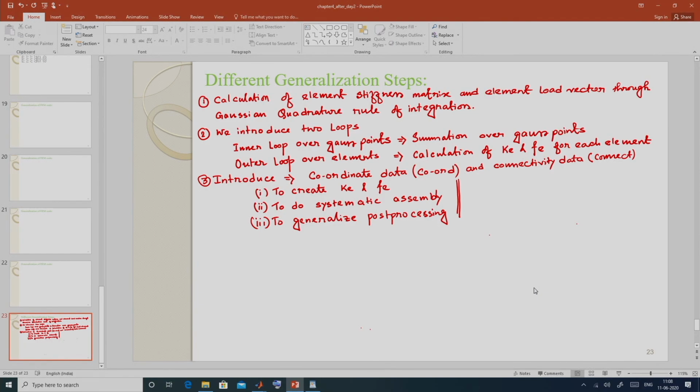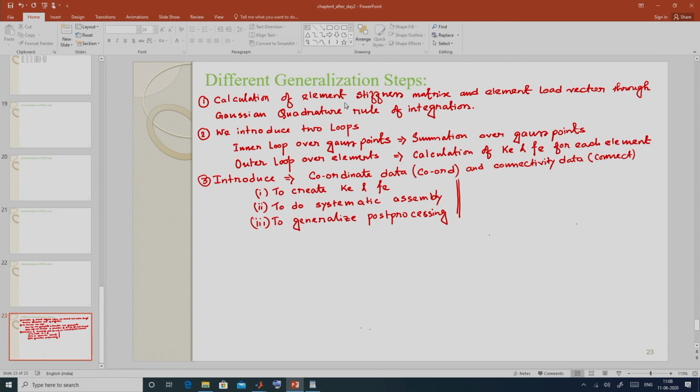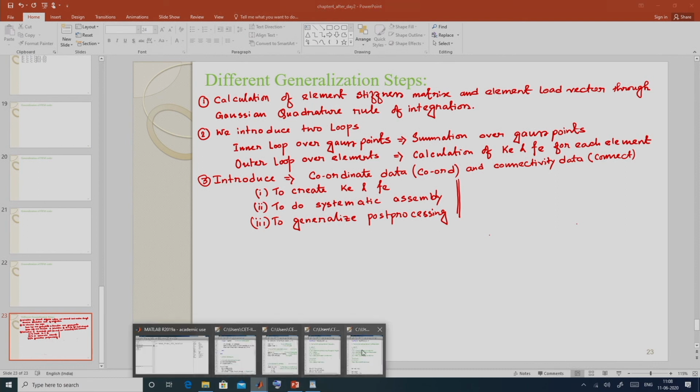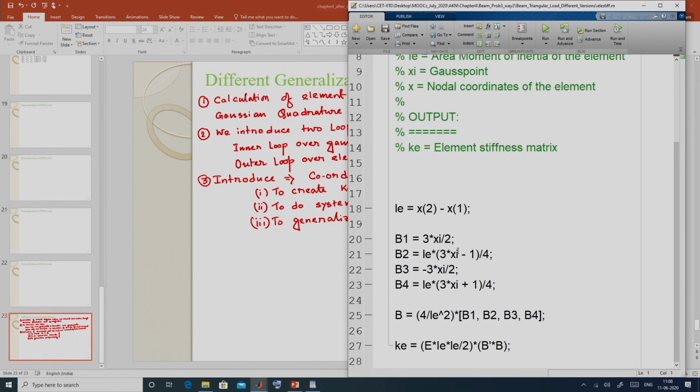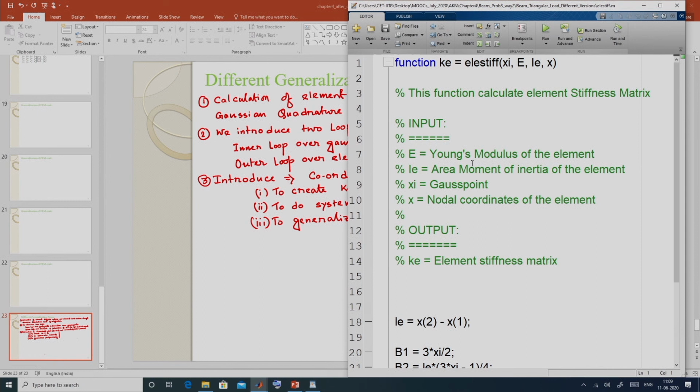Till now, in the generalization of finite element code, in the first step we have calculated the element stiffness matrix and element load vector through Gaussian quadrature. Here, we have generalized the integration through numerical integration, and we have written the element stiffness matrix integrand at a particular Gauss point.